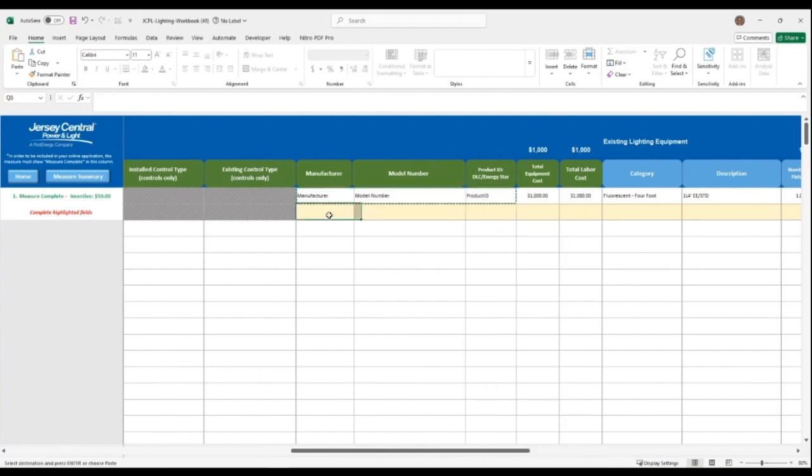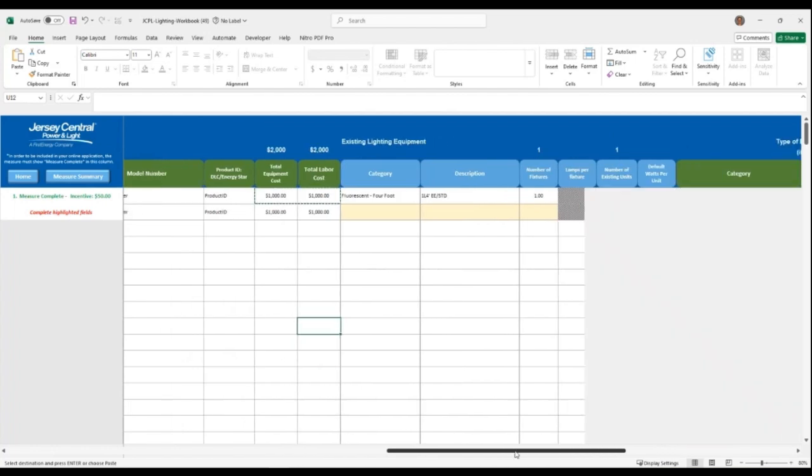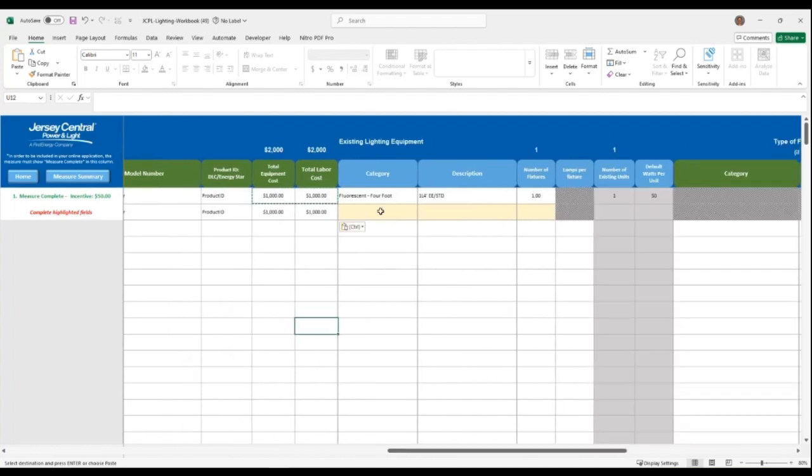And for these, I'm actually going to copy them because again, I'm not promoting any specific brand. So we're just going to use random information. And this is also just a way for you to know that if you do have things you need to copy and paste, you can do so. And now we're going to go to the category for outdoor lighting, where they're all in the same drop down,